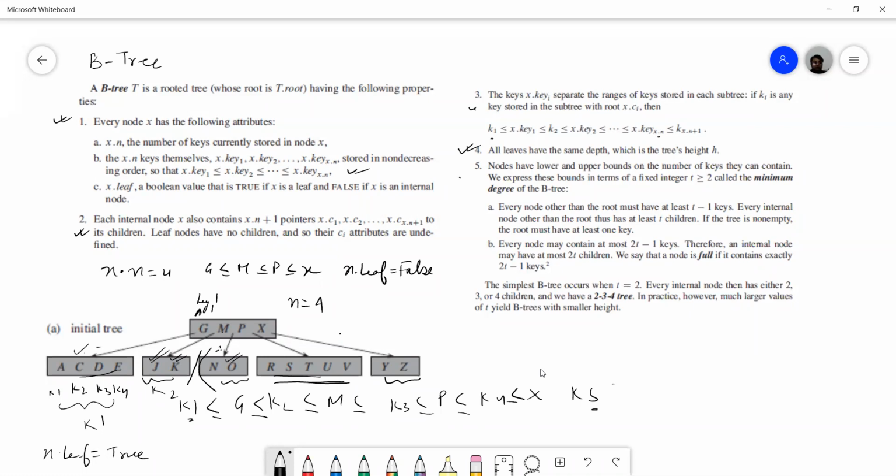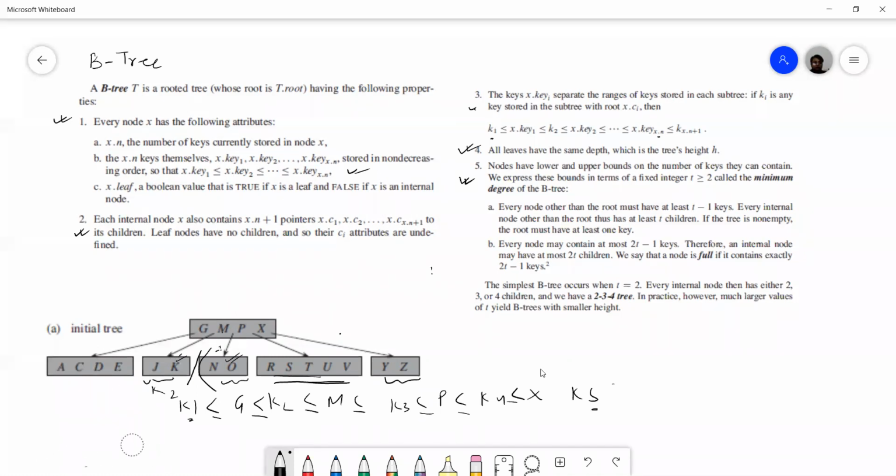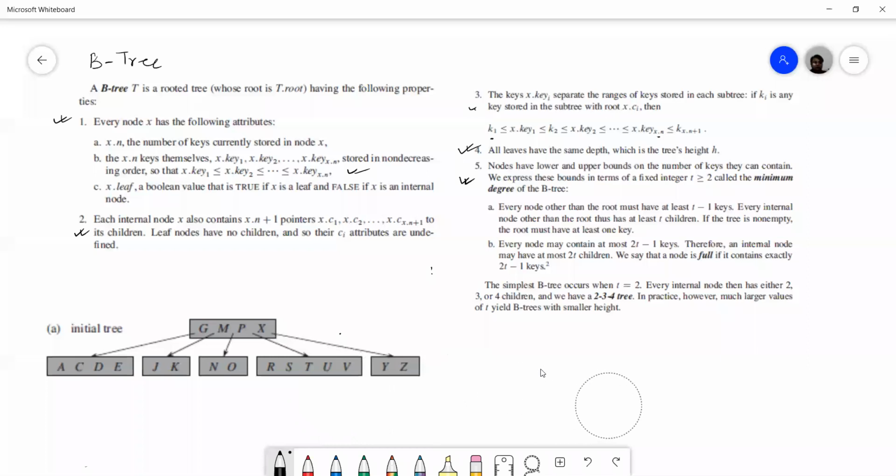Now coming to the 5th, this is an important point which creates a difference from the definition that we have studied in the SWAYAM series. So this I will explain to you. Just wait. Let me remove all these. This is very important. You have to always keep in mind these formulas, then only you can draw a B-tree as per the formula. So this point says that there is a fixed integer t, which is called the minimum degree of the B-tree. Suppose that t is greater than or equal to 2.